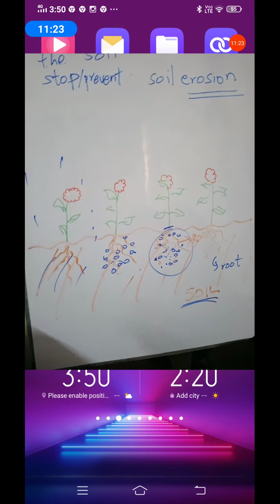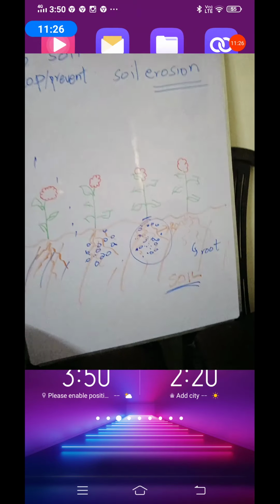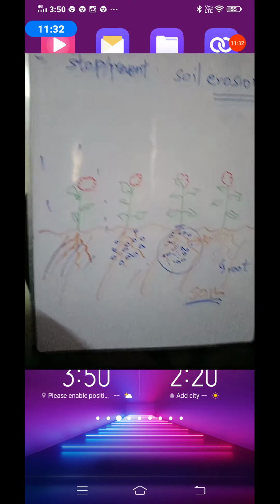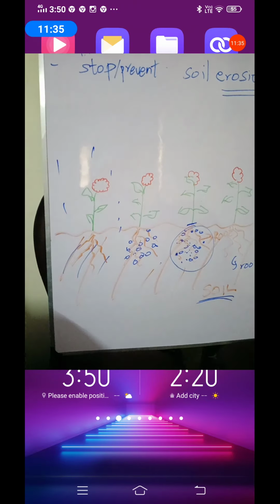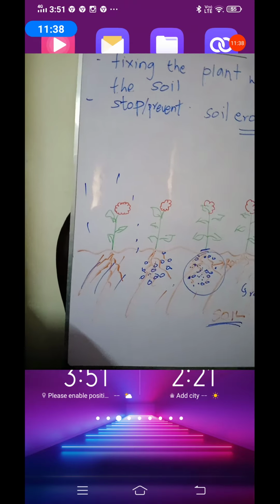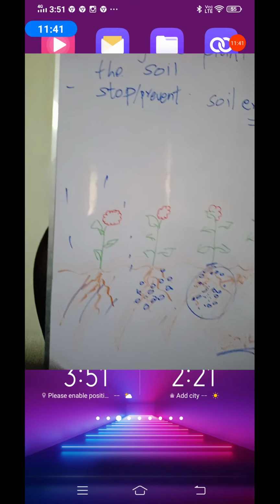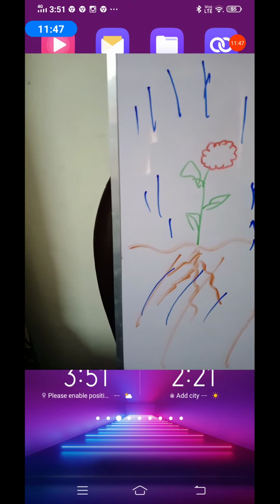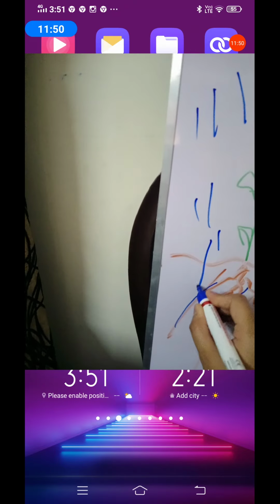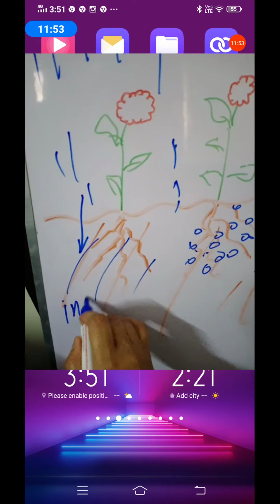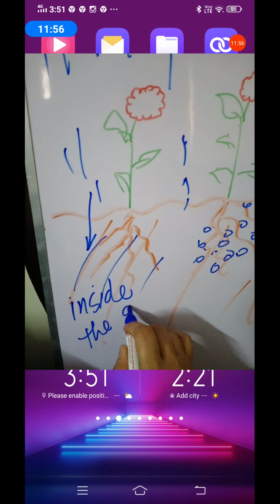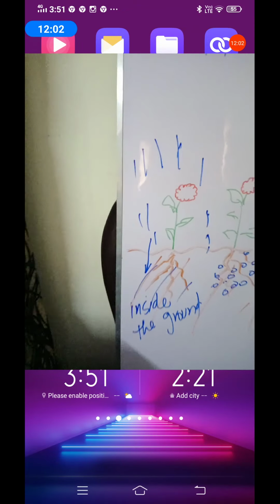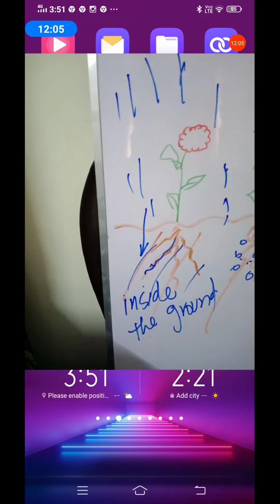Anything else that you see that the roots are doing here? What is the use of these roots? Where do you think the farmers are putting the water? When somebody is watering the plants, how do you think they are watering the plants? And where does the water go? Suppose I am going to water the plants now, right? So I am watering the plants. Where is my water going? First, where will it go? It will go inside, here, inside the ground, isn't it? It goes here. So basically it is going to the roots.